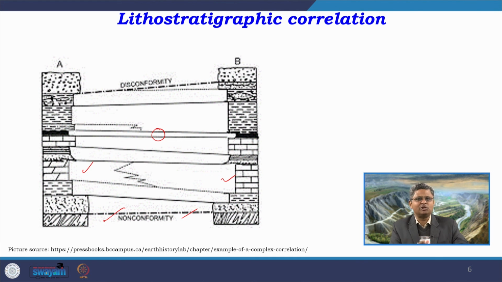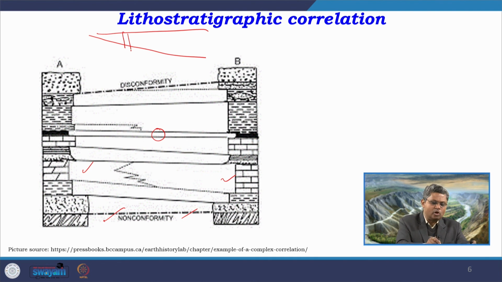But as you can see over here, their vertical thicknesses are not matching, they are varying. Now the question arises, why are these varying? This is a very common thing, because if you think of a depositional basin, the basin configuration, its bathymetry, is not the same throughout across the basin. So if you just consider one basin, it is just going on like this.